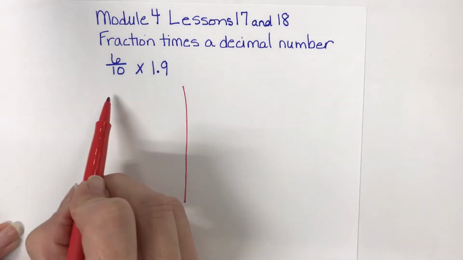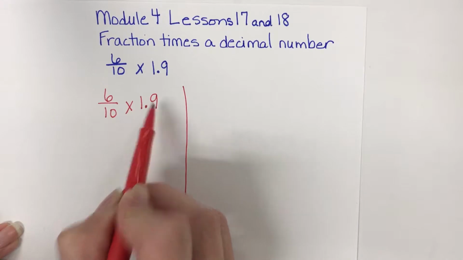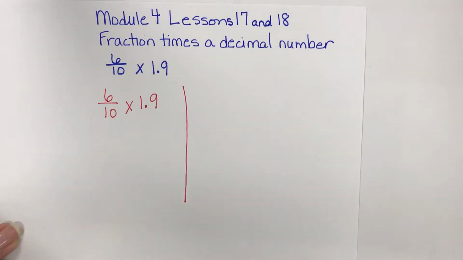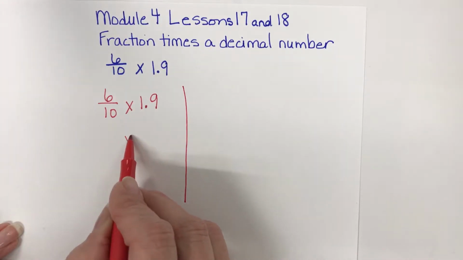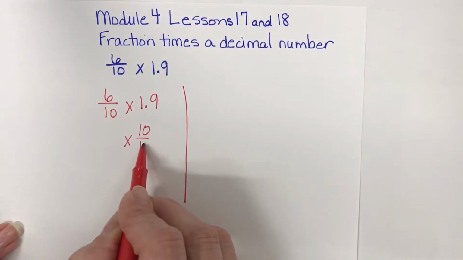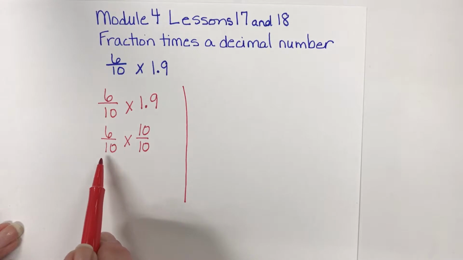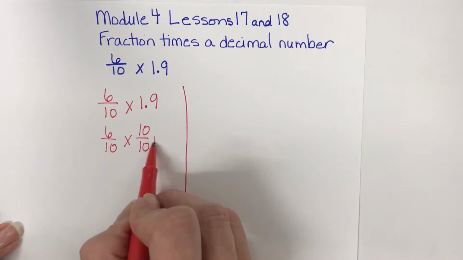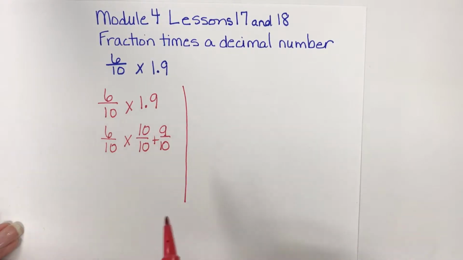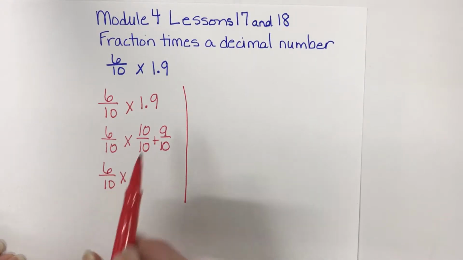One way you can solve this is to take your decimal number 1 9/10 and change it to a fraction. We know that 1 can be represented by 10/10 because we are dealing with tenths because we have 6/10 times 1 9/10. And we would write 9/10 as 9/10. If we add 9/10 plus 10/10, we get